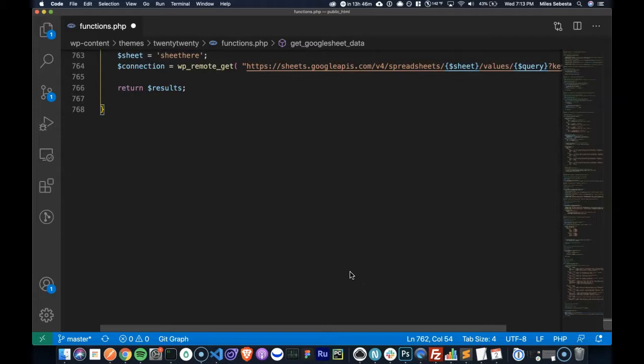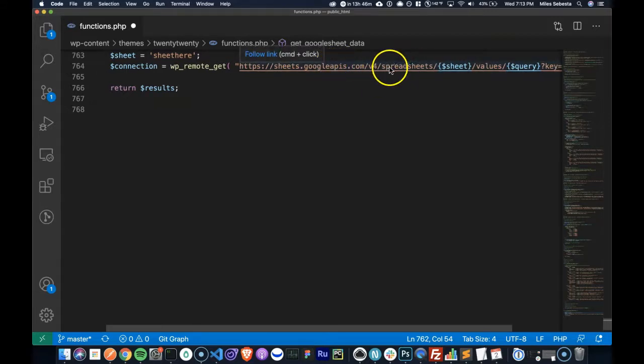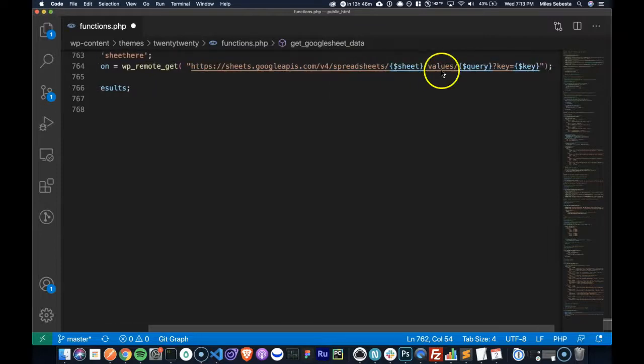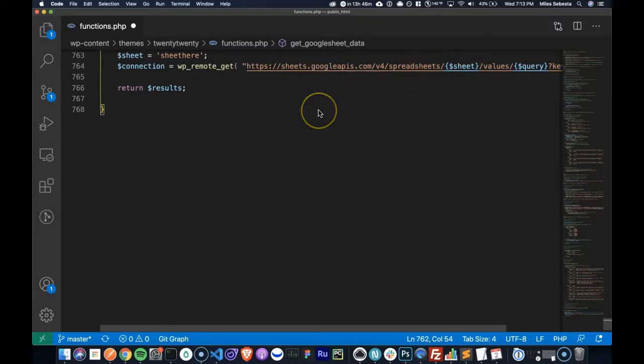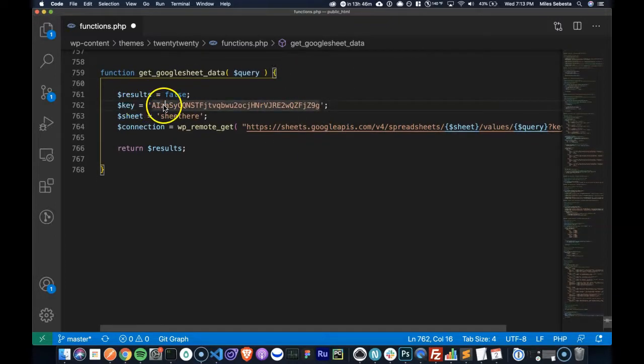So now I have my connection. It is going to Google APIs. It is going to the version 4, spreadsheets, sheets, values, queries, key, right? And then I'm having my key and I'm going to be passing my sheet.